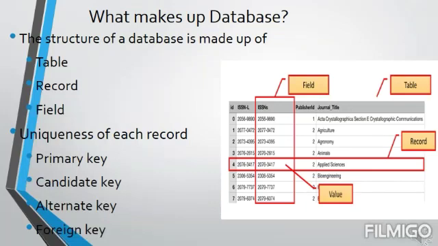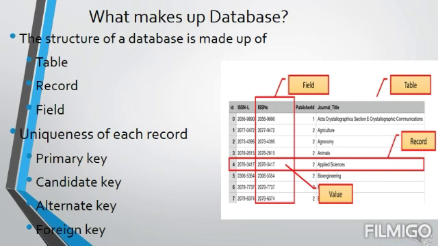Now, for roll numbers, we have a column like 1, 2, 3, 4, 5, 6, which indicates the roll number only. The column which has the name has only the name of the student. The third column has the name of the father and mother. The next column has only the phone numbers. And the last column has the address of the student. So these are called columns, which are also called fields in the database. And a record is nothing but the entire horizontal information about a particular student.